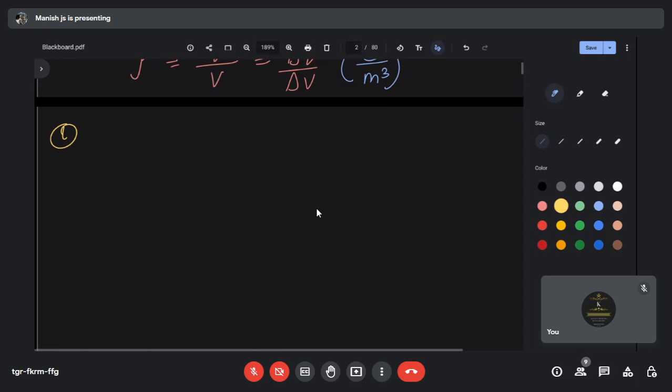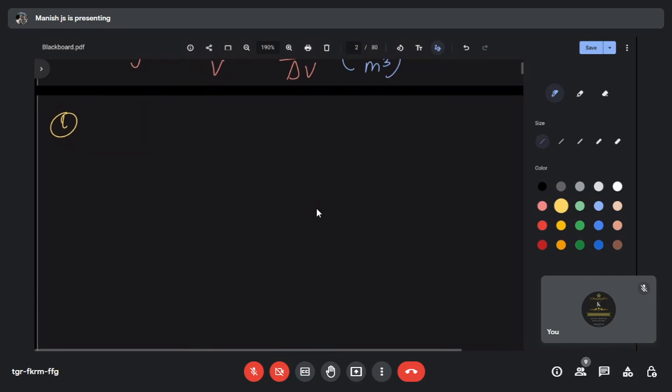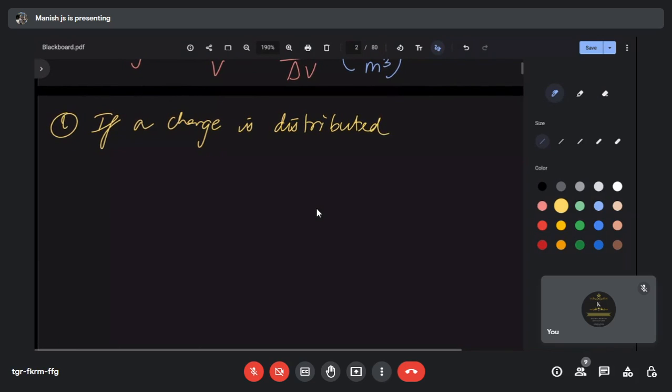So say if a charge is distributed over a sphere,